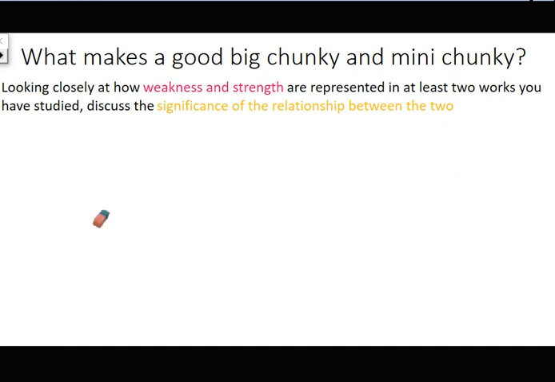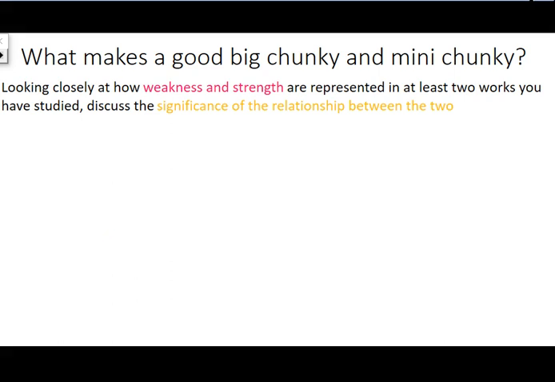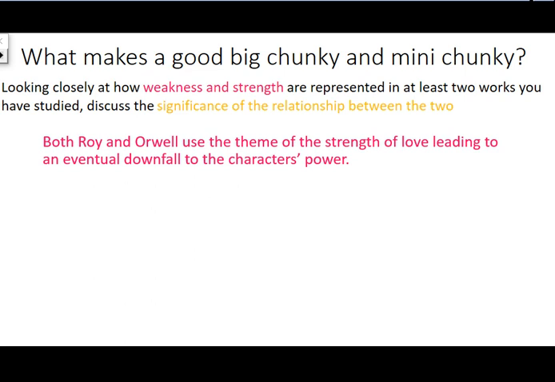So now that we've got our main ideas, we need to look at what makes a good big chunky and a good mini chunky. So we've got our question there again, and I'm going to focus on one of the themes that we picked, which is love. And so I'm going to have my main topic sentence, or as I like to call it, a big chunky, as both Roy and Orwell use the theme of the strength of love leading to an eventual downfall to the